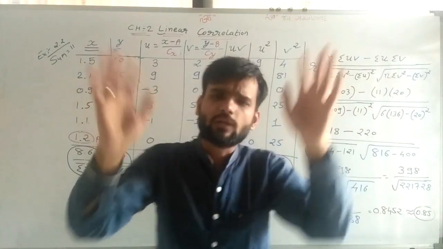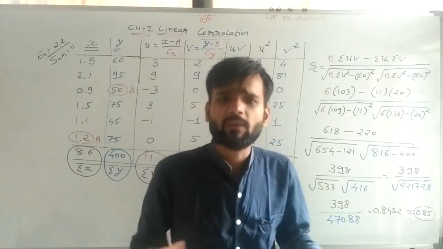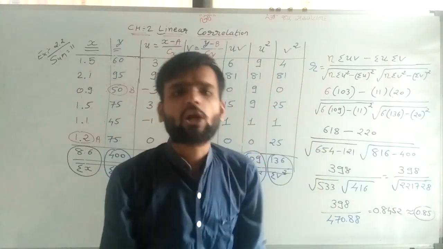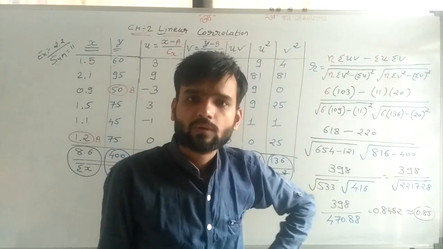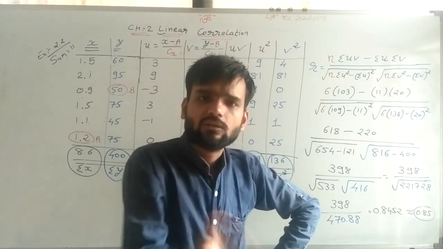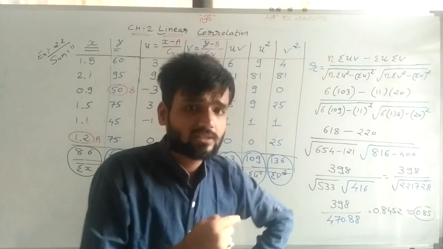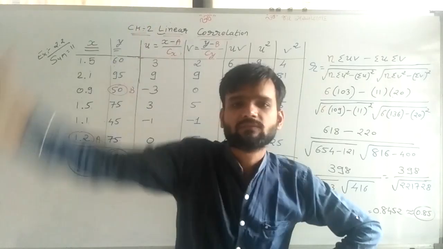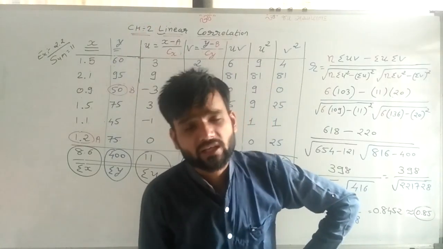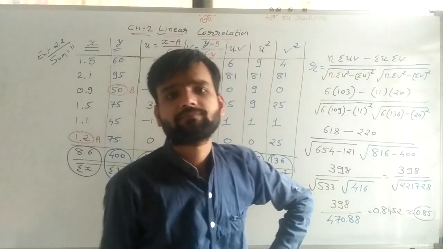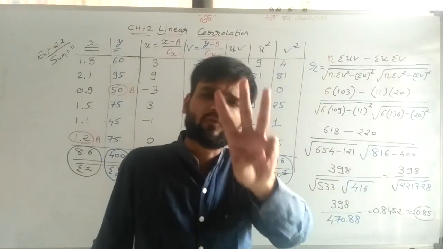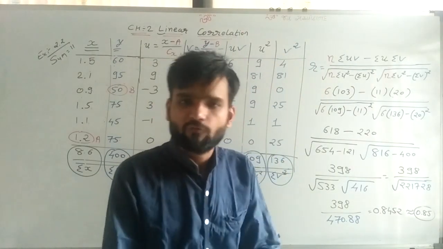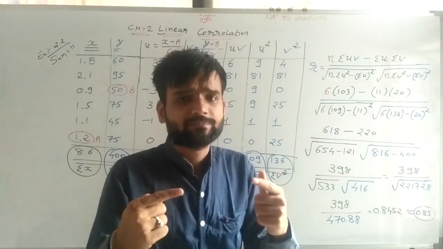Sometimes for all these students I am giving an instruction: if you cannot remember three formulas, just remember the third formula. Do all the sums with the help of the third formula. Your answer will be right. You don't need to think about which formula we are using. But this is only for whom? Who want 100% marks, so that they can do it easily. Otherwise, remember only one formula, the third formula. Do all the sums with the third formula. Your 5 marks are fixed.